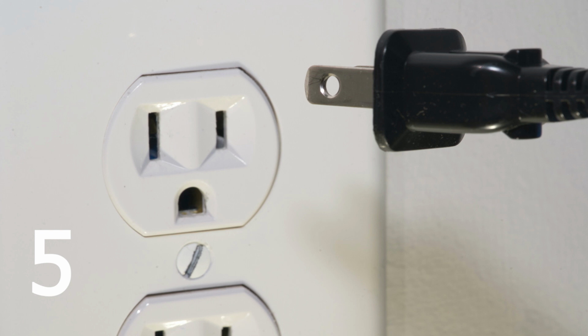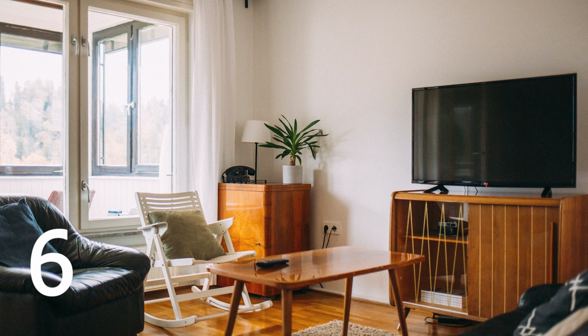Maybe plug it into a different wall outlet or check your fuse box to make sure that there is power going to that particular wall plug. The sixth method, and this is providing that your TV does power on, is try updating the software or the